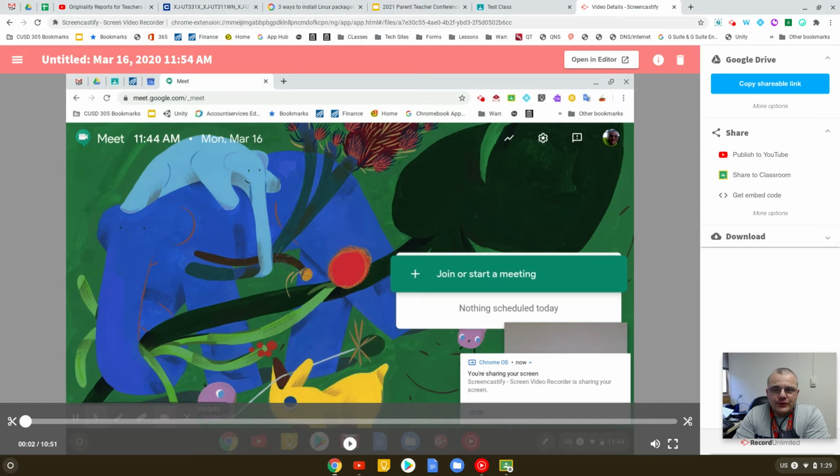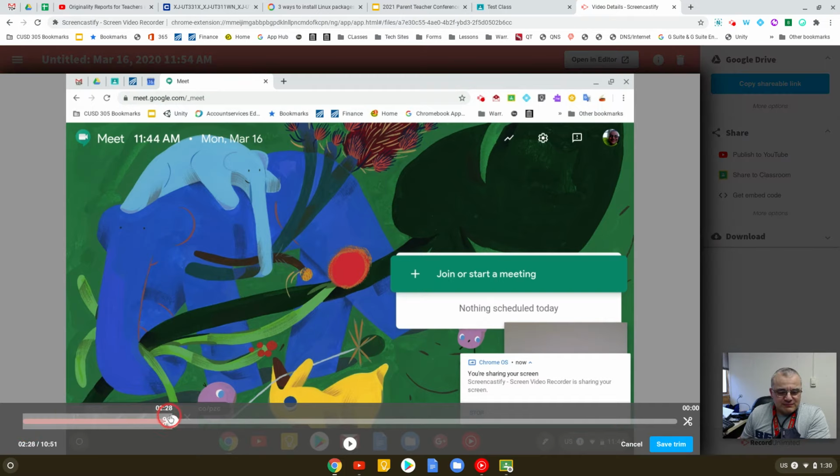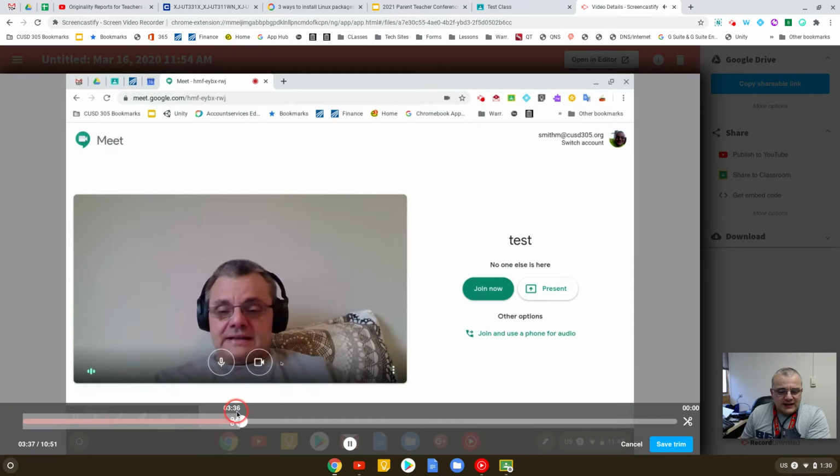Hey there. So what we're going to do here is just start going over the editor. But before we go over the editor, let's say you've used Screencastify and you want to just trim the end or the beginning because you don't like the awkward pause, or you screwed up. The easiest thing to do is grab the scissors and pull it to wherever you want it to go. It will give you a preview of where that is,